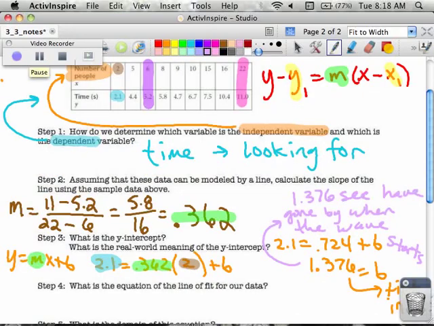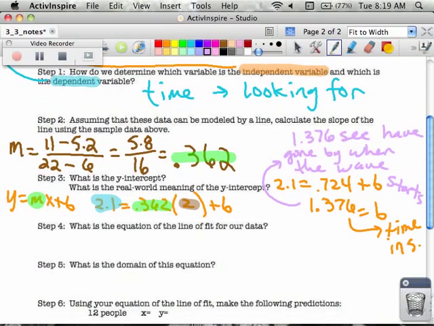In part 4, we're supposed to come up with this equation, and it says, remember, if I'm going to do it in point-slope form, that I need a point and I need a slope. I already know what my slope is, and we happen to pick the first point, which was 2.1 when we started plugging in data, but we also chose the purple and the pink points. Remember, you can choose any point you want to. Your equation will look different than your classmates', but they all do the same thing. They predict a value. So our equation, based on what we just did,